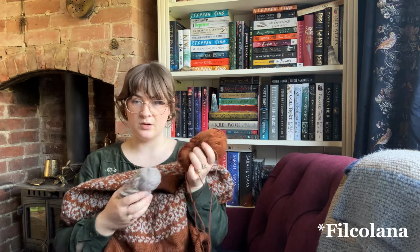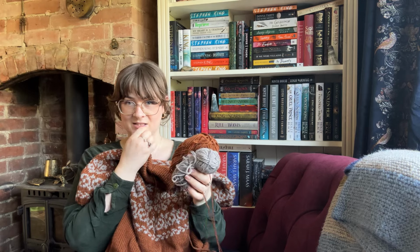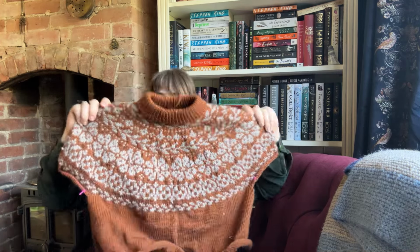It's knit in Peruvian Highland wool in the colour Red Squirrel and Oatmeal. And I wasn't sure about this combo at first because I think I was looking for a slightly rustier orange tone and a slightly creamier oatmeal. Like this is, to me, it gives grey, not oatmeal. But actually seeing it like this, I feel like that colour combination is really, really nice. So I do still slightly wish that this was cream instead of the slightly pale grey, but it still looks